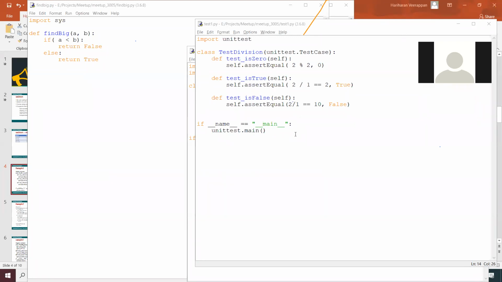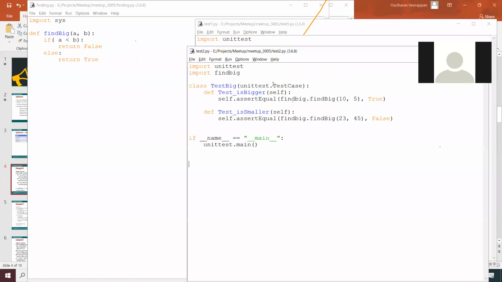This should be test is 0, and import find big dot py and find big over here.